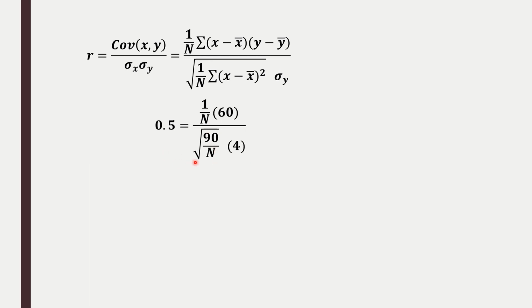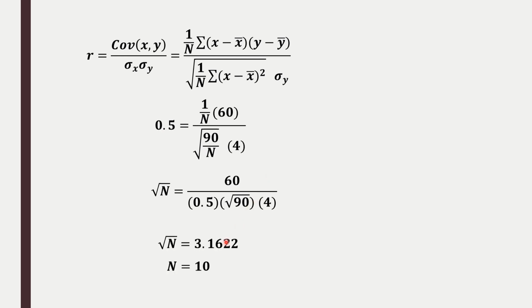So cross multiply. You can cancel one n and then cross multiply, bring this term over here and simplify using the calculator. We will get root n to be 3.1622 and n becomes approximately equal to 10. Simplifying this, cancel n and root n. So root n will remain, that root n will go here and then simplifying the remaining terms. So n value or the number of observations is equal to 10. So whatever is given, accordingly we have to make use of the formula.